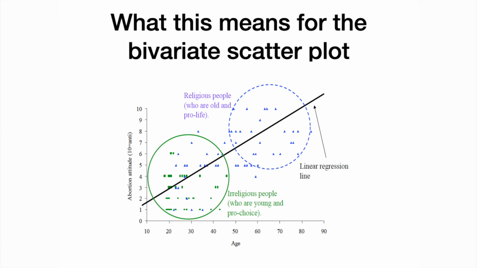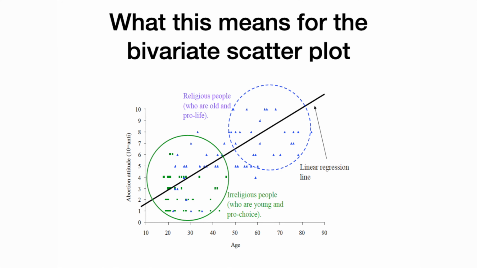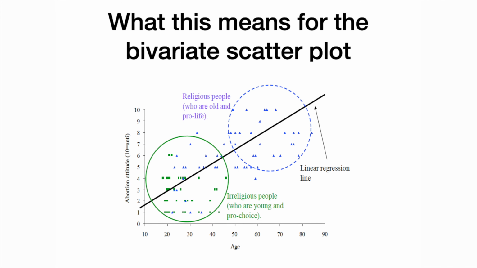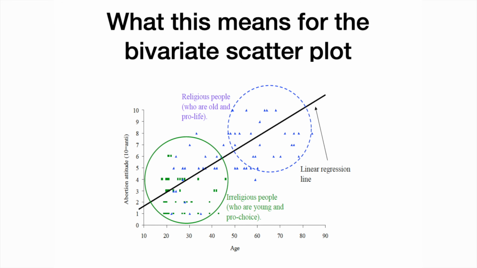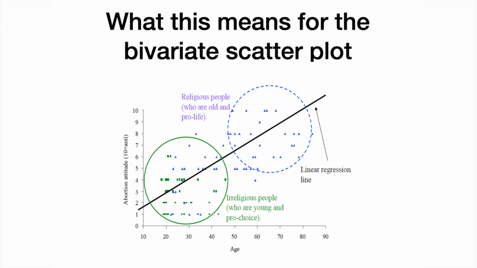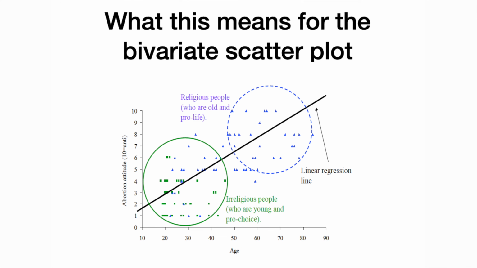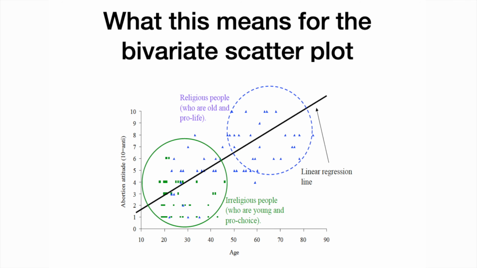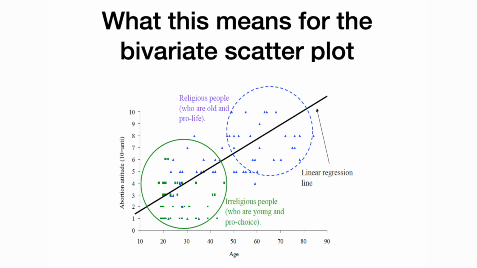If you need to see it, this is what it looks like on your screen. In the bivariate scatter plot, we're imagining that we've got 2 different chunks of people. The people at the bottom of the line, the younger folks who are more supportive of abortion rights: they're not religious, they're young, and they're pro-choice. And then you've got that other cluster of folks who are religious and older, and as a result, they're pro-life. So we get the computer to do the work for us